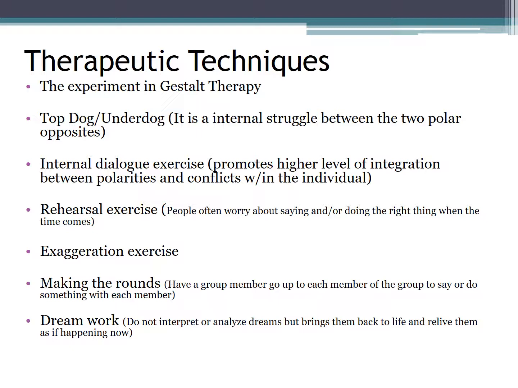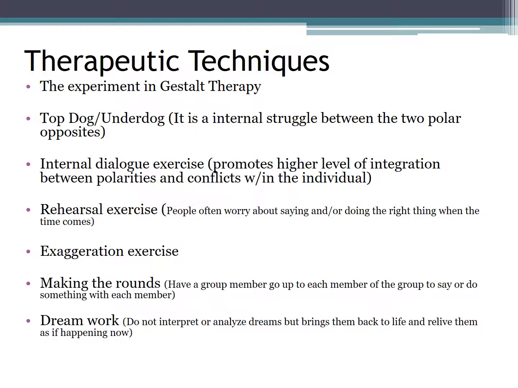Now, when we're talking about the techniques, Gestalt therapy is practiced in the form of exercises and experiments. It can be administered in individual or group settings. In general, exercises are somewhat established practices in Gestalt therapy designed to arouse action, emotion, and goals from the person in therapy. The therapist and the person in therapy can then examine the results of the exercise in order to increase awareness and help the person understand the here and now.